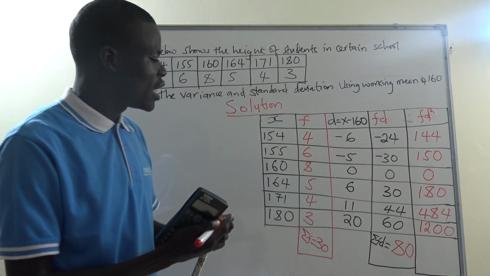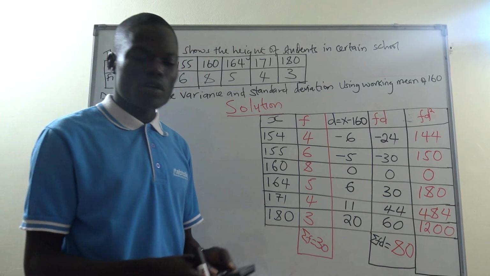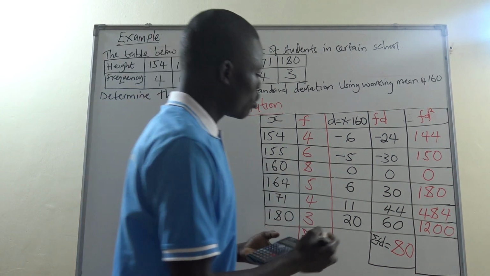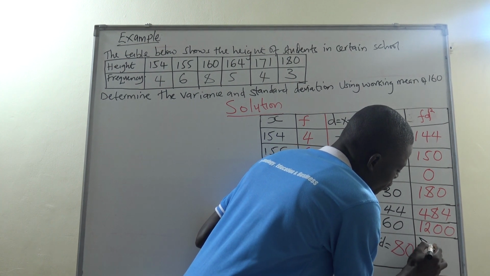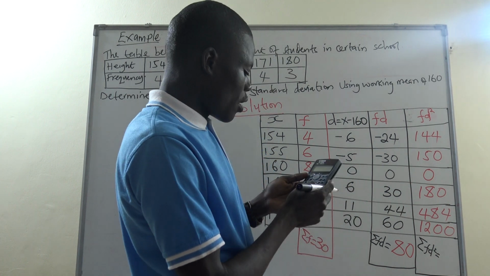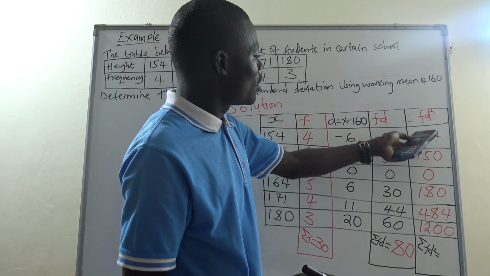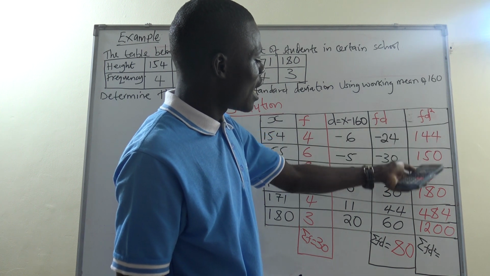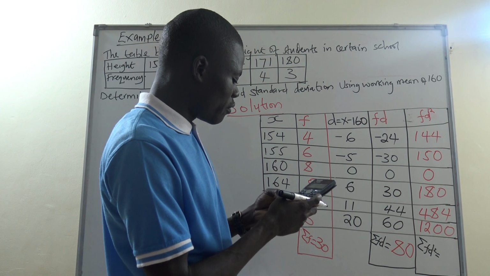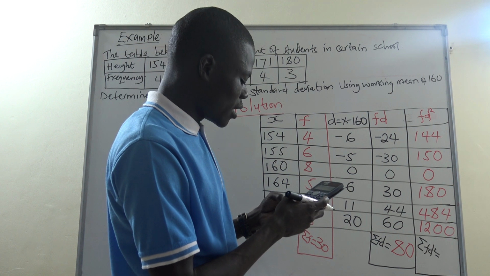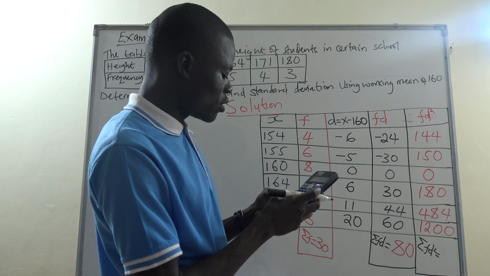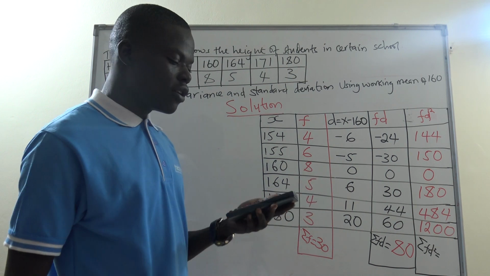Then immediately after finishing that column, you must get the summation of FD squared. So the summation of FD squared will be given by adding the values which are in the column of FD squared. So we have the first one as 144 plus 150 plus 0 plus 180 plus 484 plus 1200. So the answer you get on your calculator